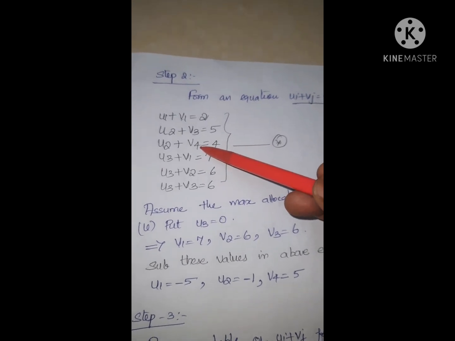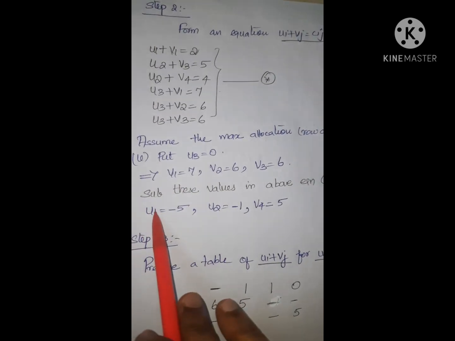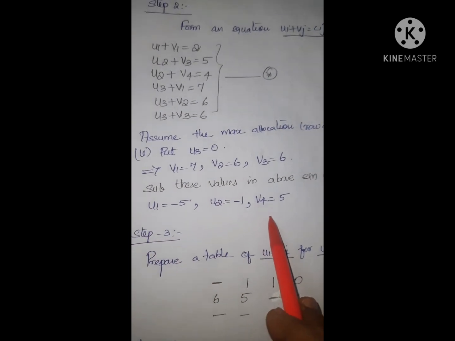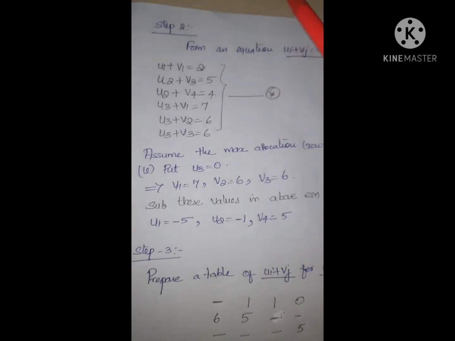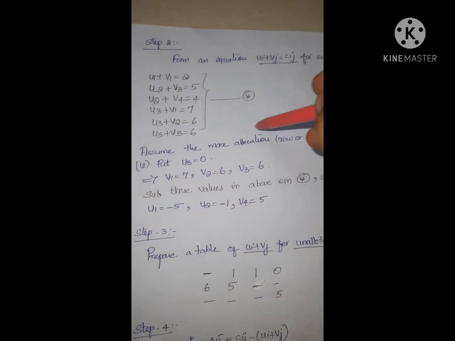Likewise, v4 is equal to 5. So substituting these values in the above asterisk equations, we get u1, u2 and v4 also. This completes step 2. Step 2 is forming an equation with respect to the previous step 1 table